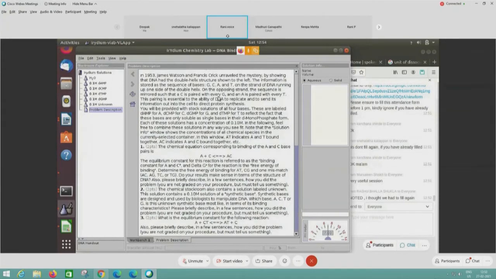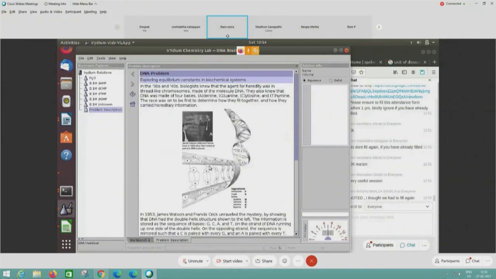And in this problem, we will see how to find the delta G of a reaction. We will see how to find the equilibrium constant. Say we take an adenine and a thymine, and we mix them together and see that through hydrogen bonding, it forms a complex. AT has 2 hydrogen bonds, whereas GC has 3 hydrogen bonds, which we can see here.